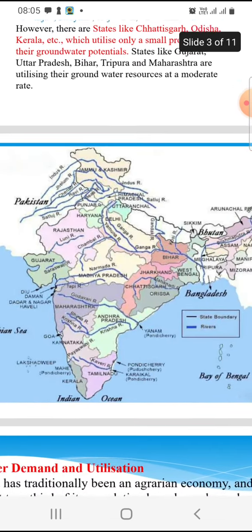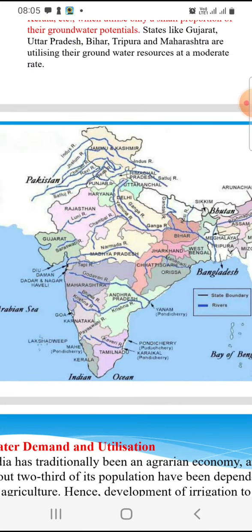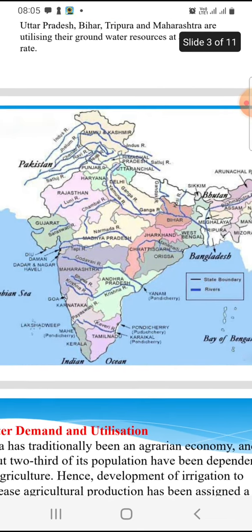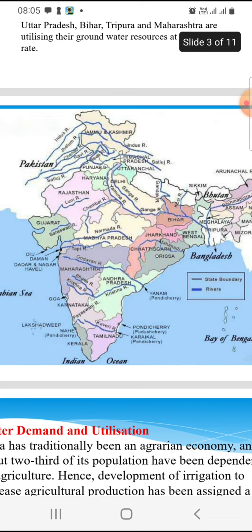Now you can see the river basins of India. You can see many tributaries in the northern part of India. On the north, northwest and northeastern side, you can see the main important rivers Indus, Ganges and Brahmaputra. These are called perennial. They get water supply in most months of the year. At any cost they will not dry up. So the maximum utilization of water is in Punjab, Haryana, UP and Bihar.